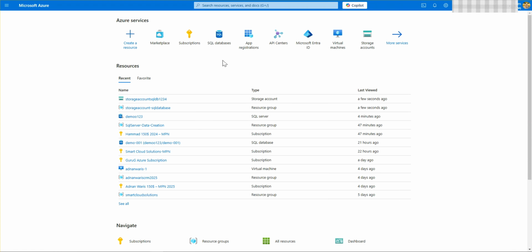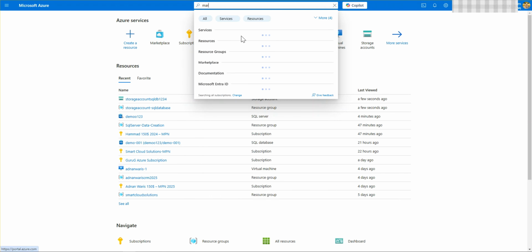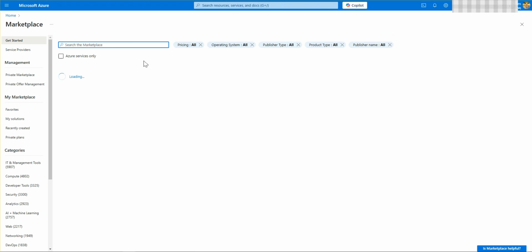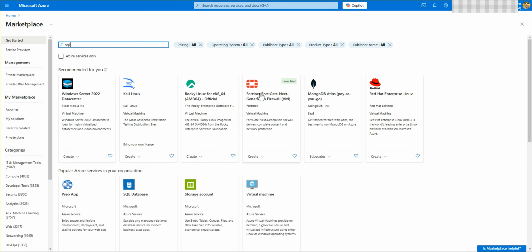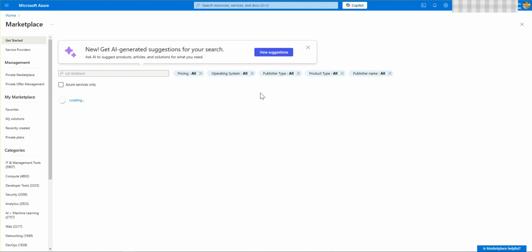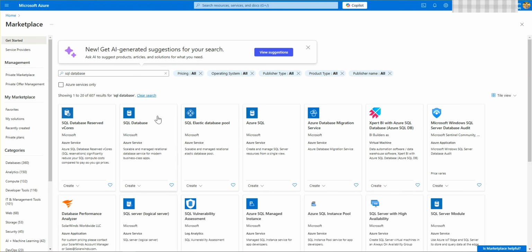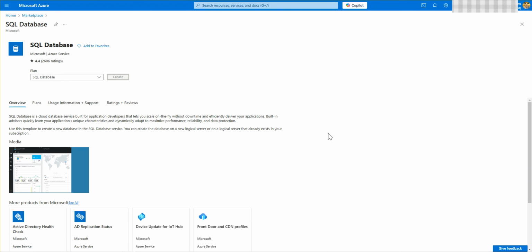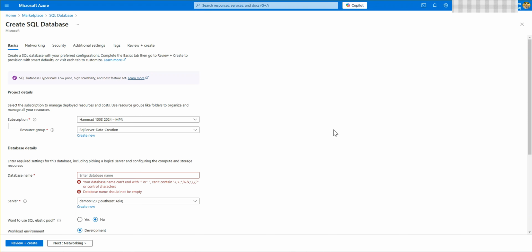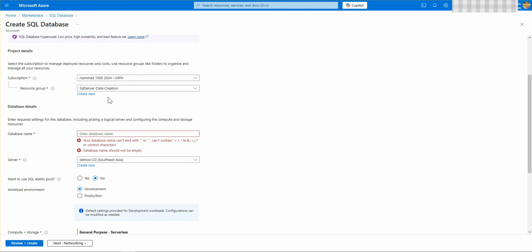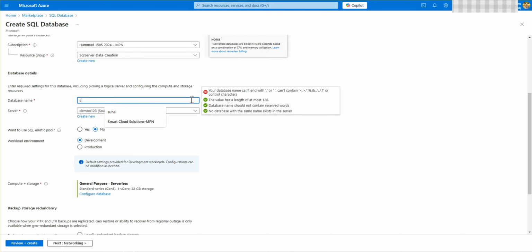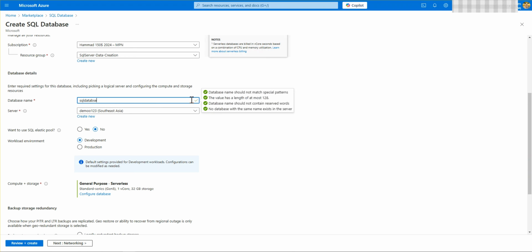Here, you simply go to the Marketplace and search for SQL database. So here we go. We want to select this and click on the Create button, and first of all we have to select the subscription. Then we have to select the database name. The database name will be like SQL database